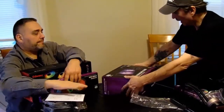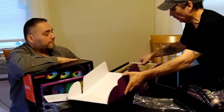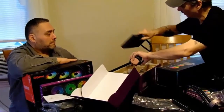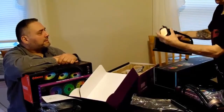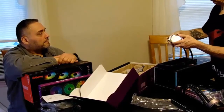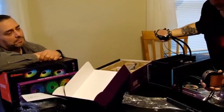This is a 240 Cooler Master, and it's nice. It's a nice little setup. You can definitely see a difference. See how the cables seem a lot more flexible? Yeah, and it's all plastic, but believe me, it works nice. And as far as the quality